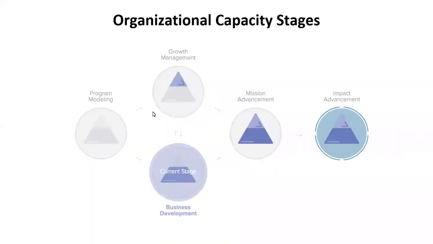So what you'll see on your report, based on all of those components, is an estimation of your organization's capacity stage. And you'll notice that this is a little bit of a cycle, right? Most of us start with program modeling, acknowledging that program is one of the most important factors of nonprofit health and success. What we do is what makes us matter. And once we've really gotten our program down, we tend to move into managing the business model piece of it, moving into business development, moving into more of a growth phase.